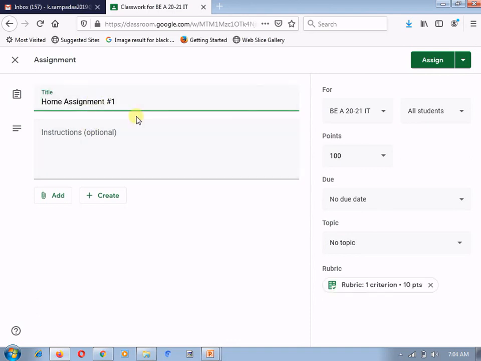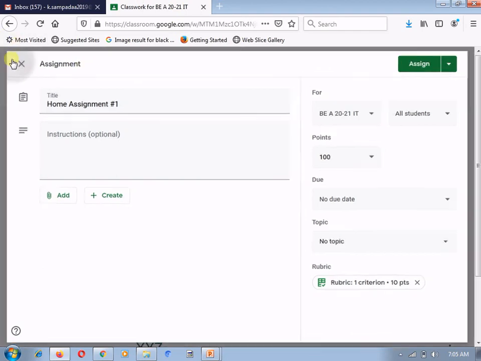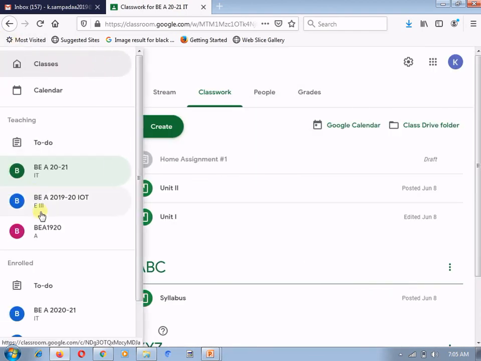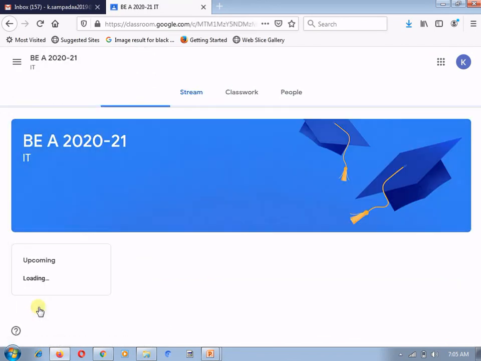So here you can assign it to the students. Now you can see that, as I explained previously, all the students are selected by default. Here you can give the points, which I will explain whenever I explain the assignment part. So this is how I can reuse the material which is already available from my class.